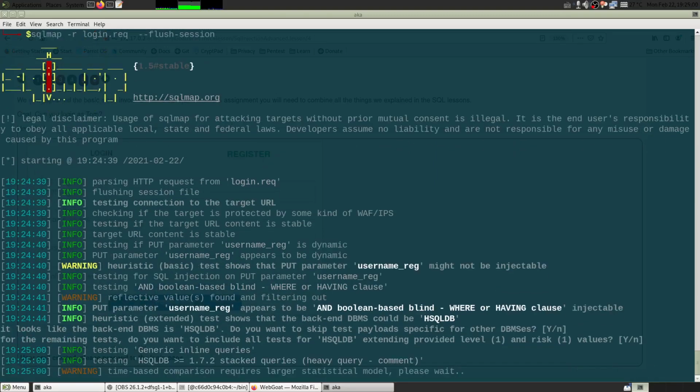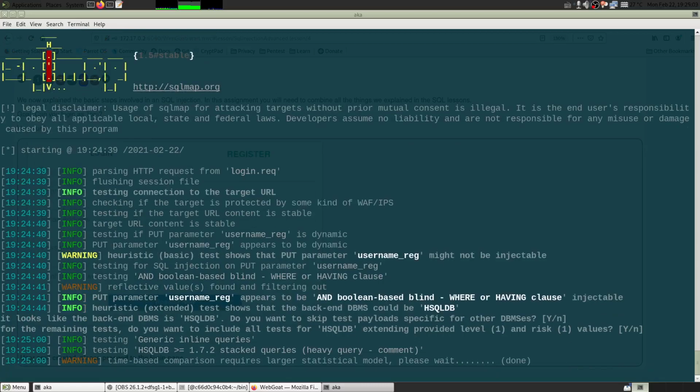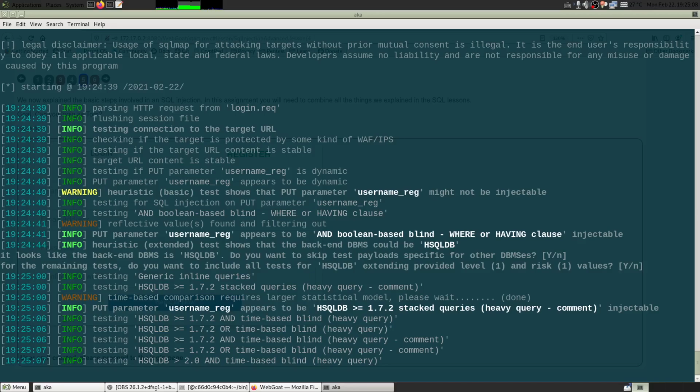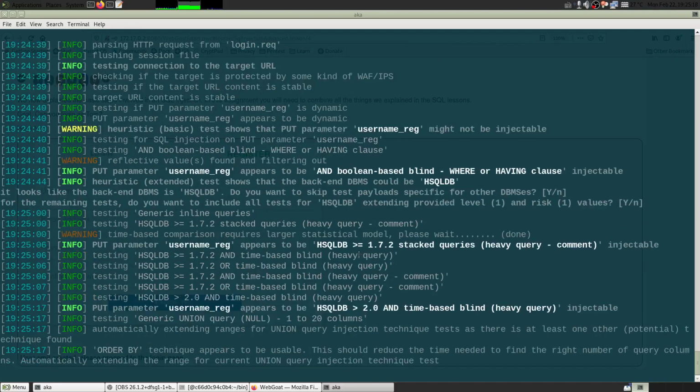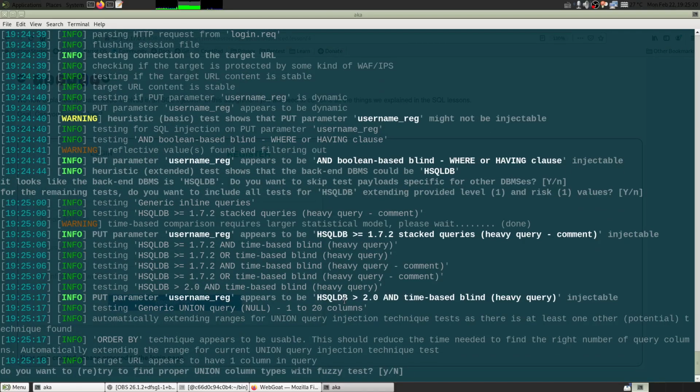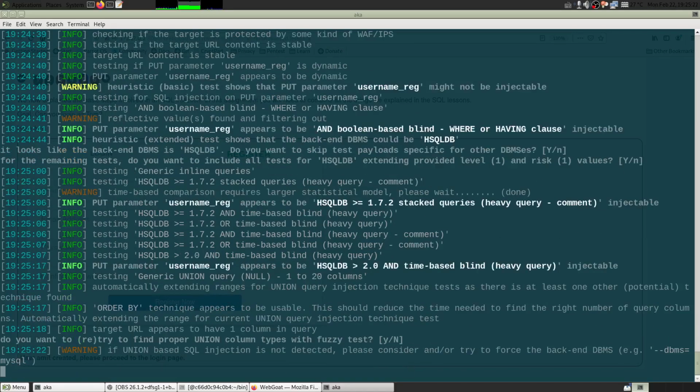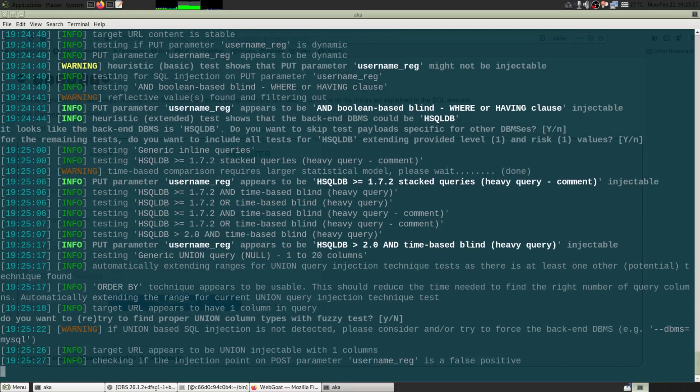I am just pressing enter for all the questions that it is asking, and we will see whether it is able to find out if there is a SQL injection in this web form or not. So we will also again press yes for this, or rather just enter, to see if it is able to find out with this, and it found out that the parameter username_reg is vulnerable.